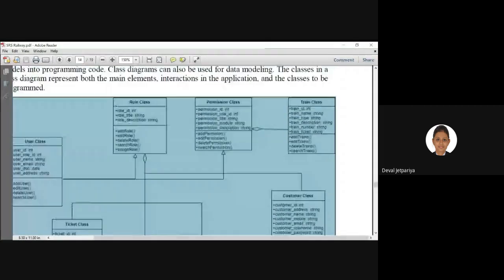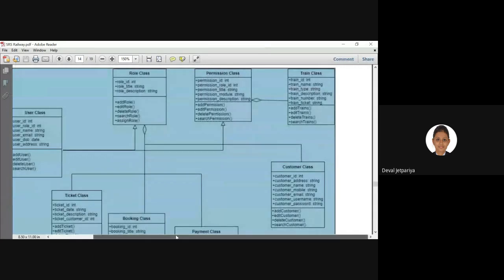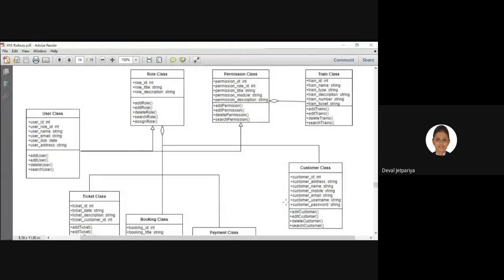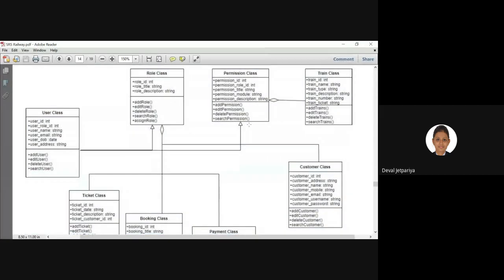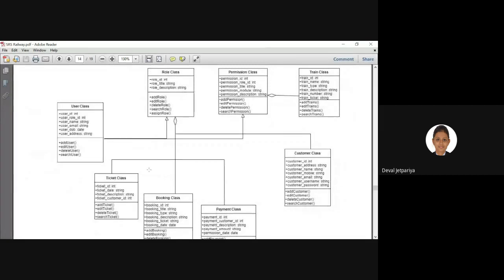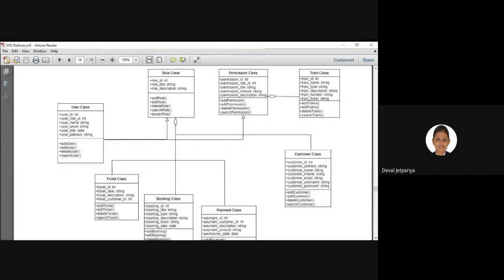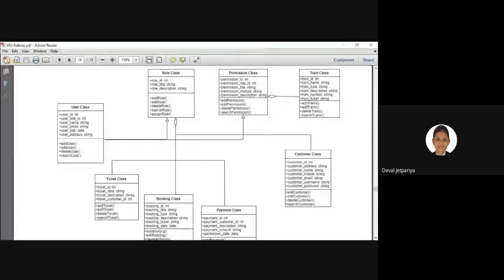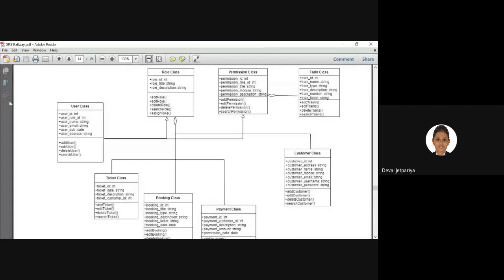So I will show you this slide over here. I had already pasted that link, right? Whatever aggregation I had used over here, you can relate the same with the help of this example. Once you are clear with this diagram, try to start preparing the diagram for your own project. Chapters 5 and 6 are very similar, and most of the things you need to copy. After that, you can start with this class diagram.